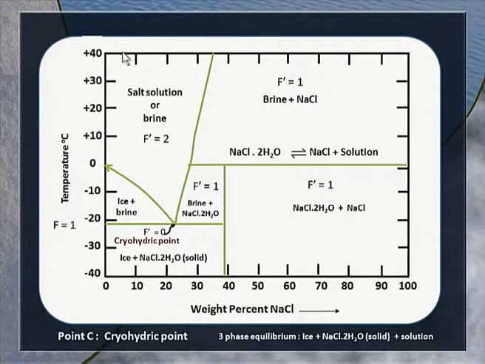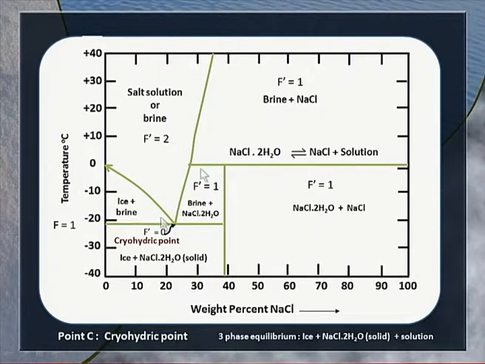Regions can be easily recognized. This is the bivariate region in which we have salt solution or the brine, a homogeneous system, and here you have a univariant system in which we have ice crystals that have formed in equilibrium with the solution. On this side you will see an almost vertical line. This corresponds to the solubility curve of sodium chloride dihydrate, and further up you have the solubility curve of anhydrous sodium chloride, indicating that there is hardly any effect of temperature on the solubility of the dihydrate as well as